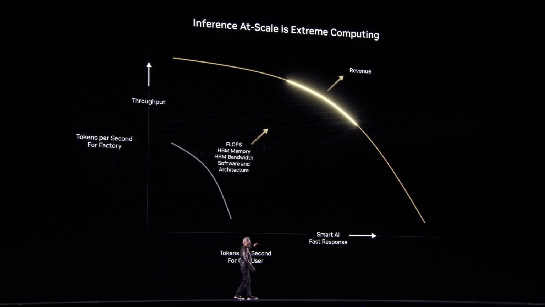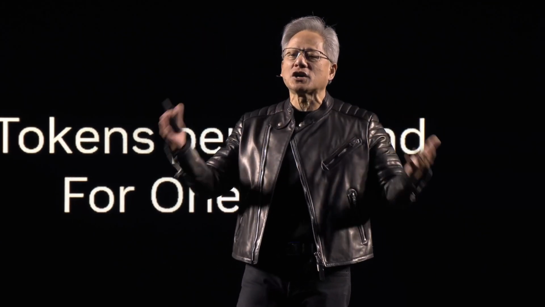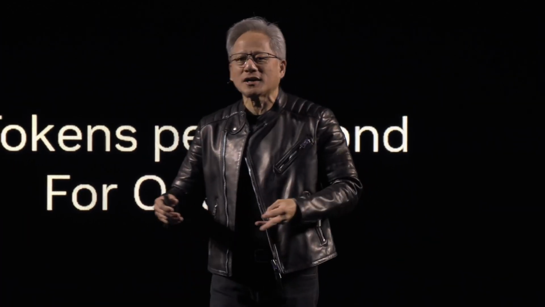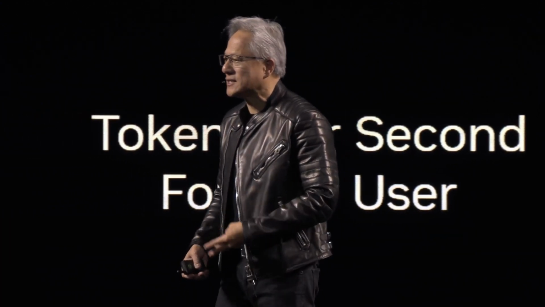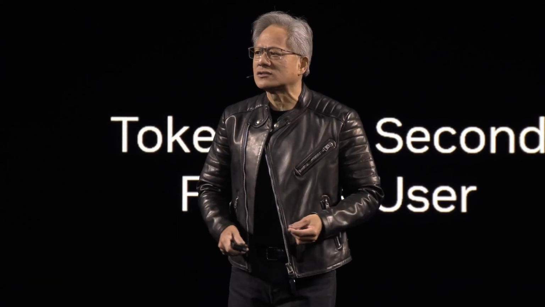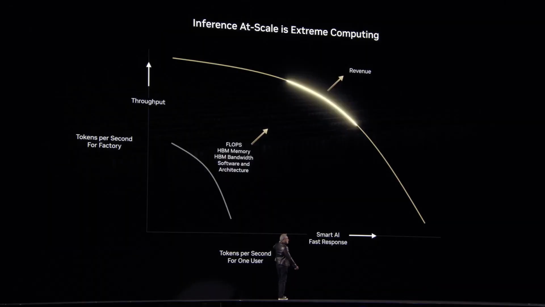Well, we've already established that if you want your AI to be smarter, you want to generate a whole bunch of tokens. Those tokens are reasoning tokens, consistency checking tokens, coming up with a whole bunch of ideas so they can select the best of those ideas. It might be second guessing itself. It might be, is this the best work you could do? And so it talks to itself just like we talk to ourselves. And so the more tokens you generate, the smarter your AI. But